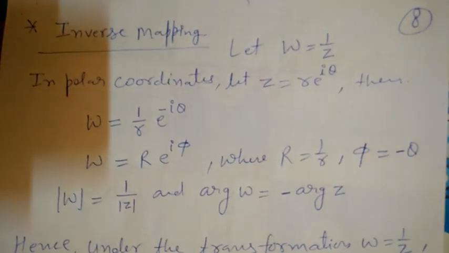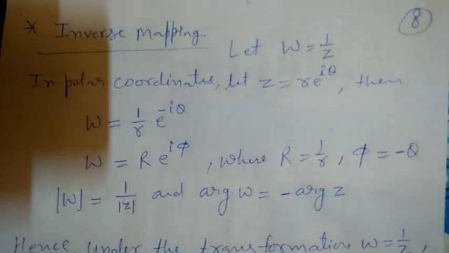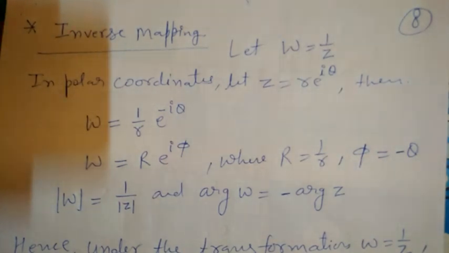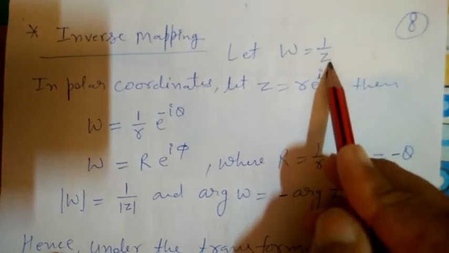Hello everyone. Today I am going to present inverse mapping. That is, this is the part of the conformal mapping. So this is the last part of the conformal mapping, and if we consider a mapping W is equal to 1 upon Z